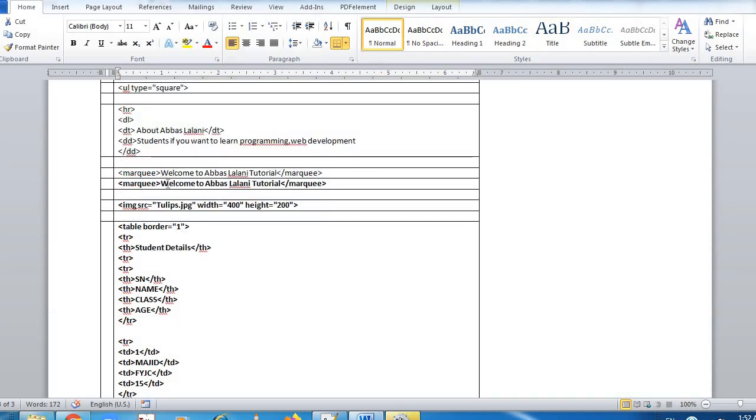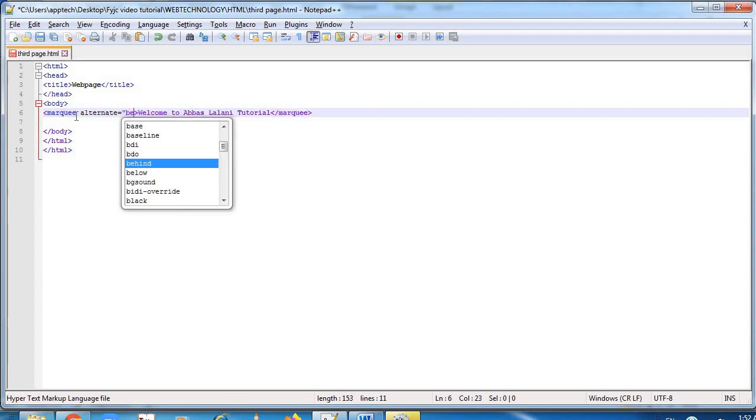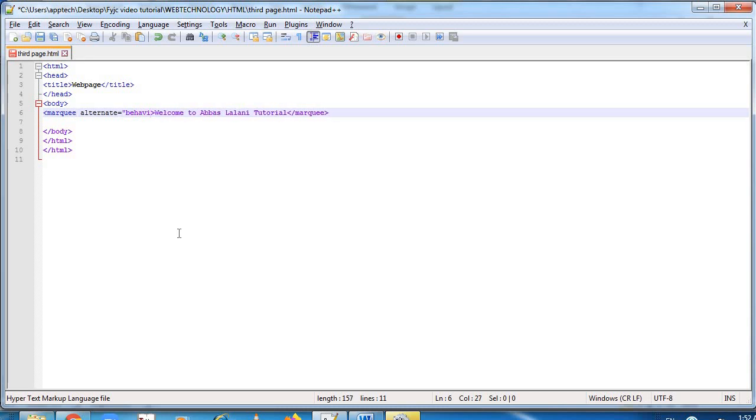Now its attribute is, I have not written it, I'll just type it: marquee behavior is equal to alternate.